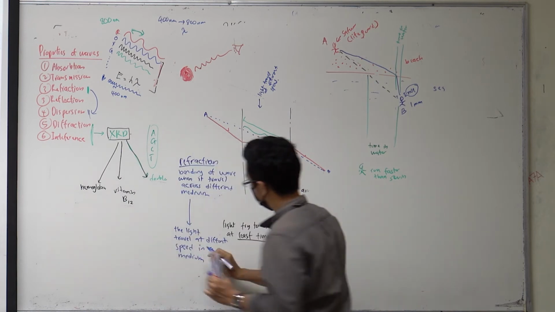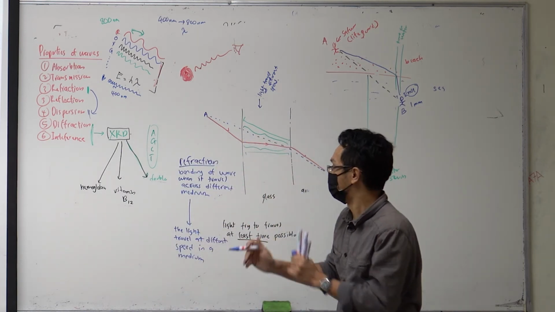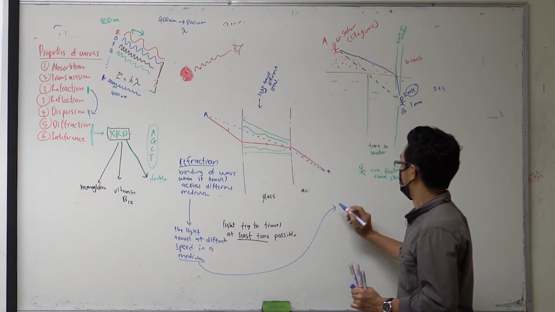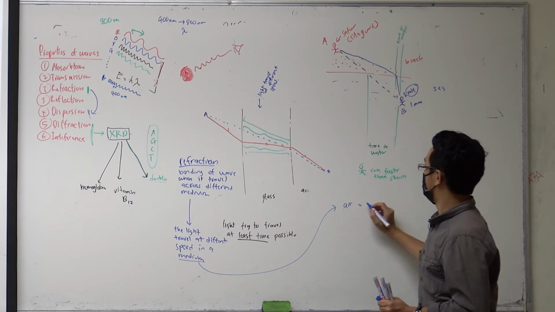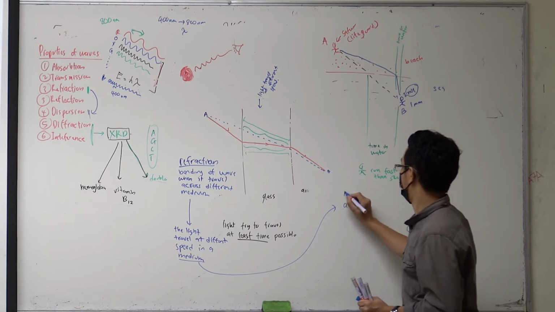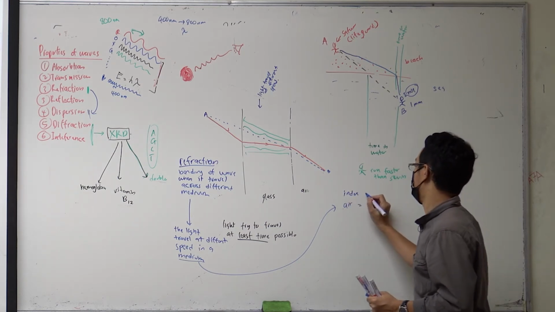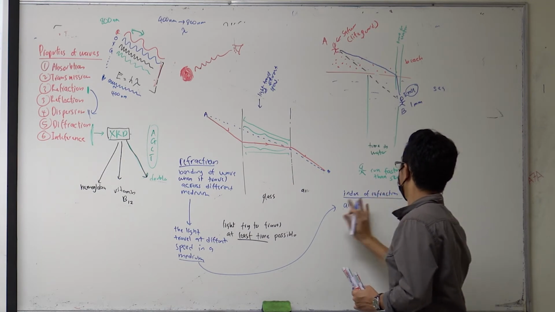So light travels at different speeds in different media. For example, in air, the index of refraction, this is what we call the index of refraction, tells how much slower the light travels. The index of refraction in vacuum